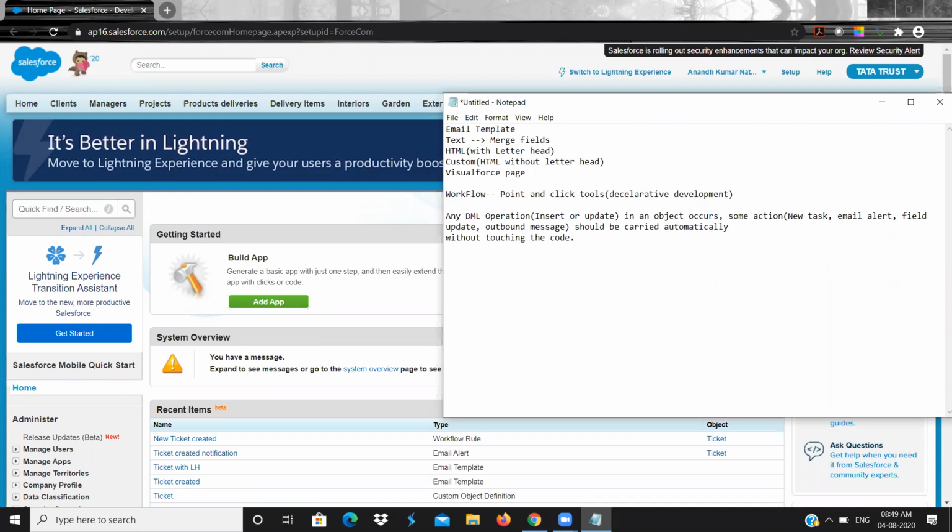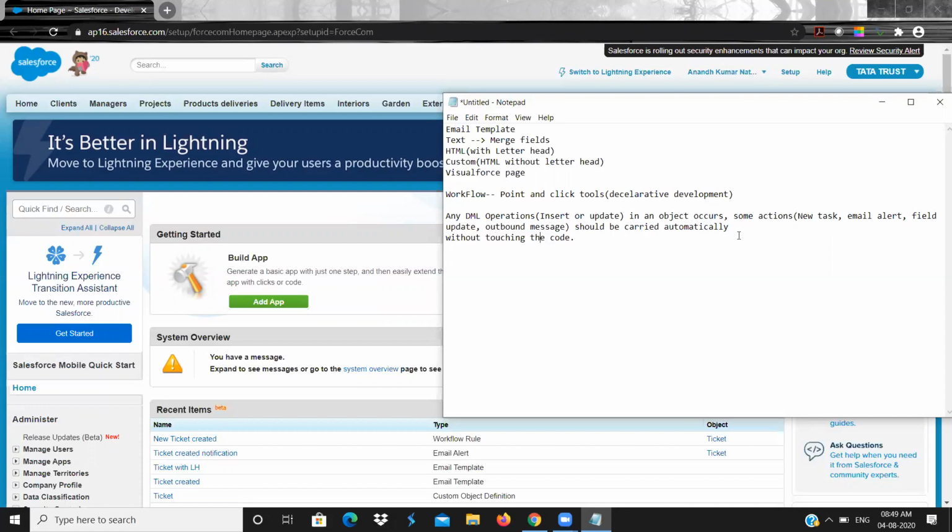Declarative development means I want to achieve something, I want to develop something, but I will not touch the code. So I will do it like an admin, drag and drop, click next, and all those things. So whenever any DML operation, that is insert or update, occurs in an object, some actions like new task, email alert, field update, and outbound messages should be carried out automatically without touching the code. That is very, very important. In that case, we will go with the workflow rule.